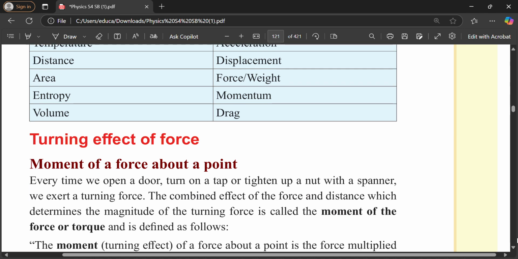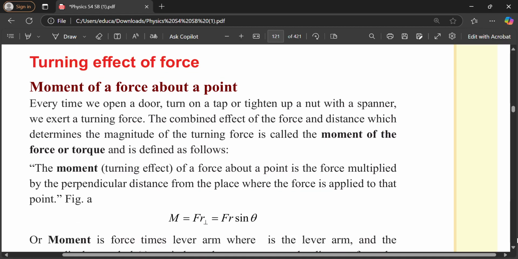Hanyuma rero tugiye kureba kuri turning effect of a force. Twagiye moment of a force upon a point. Every time we open a door, turn on a tap or tighten up a nut with a spanner, we exert a force. Nk'iyo ufunguye umuryango, iyo uri gufungura agafuniko k'icupa cyangwa se iyo uri gufunga iburo ukoresheje spanner, icyo